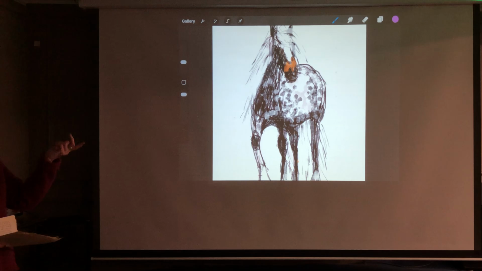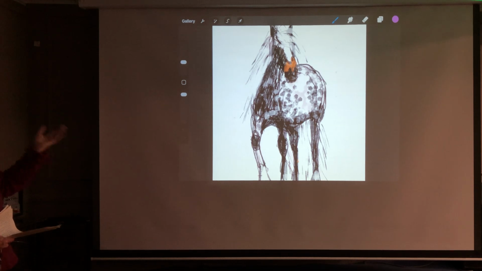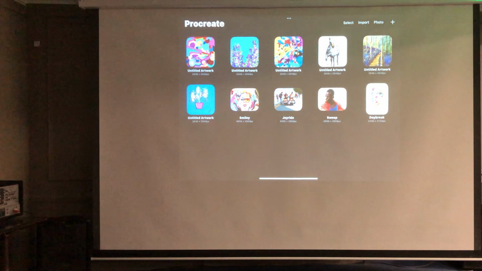This is just a drawing with a watercolour brush, I think, just one brush, and I filled in a bit of colour. And you can probably show some more from the same iPad. Actually, right, I've got the gallery. So this is